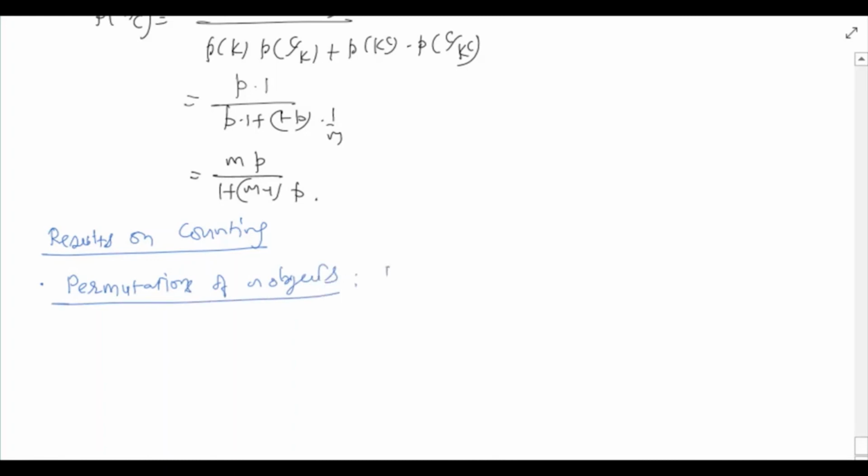Number of permutations of n objects turns out to be factorial n, that is n times n minus 1 dot dot dot up to 1. For instance, suppose we have 7 persons,